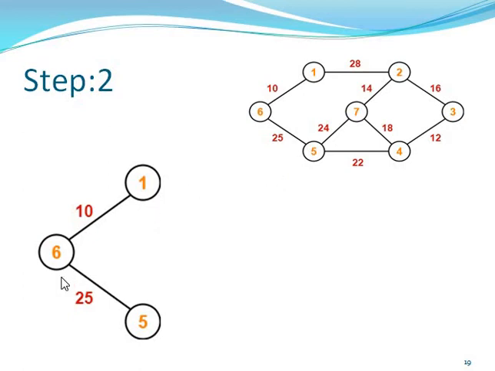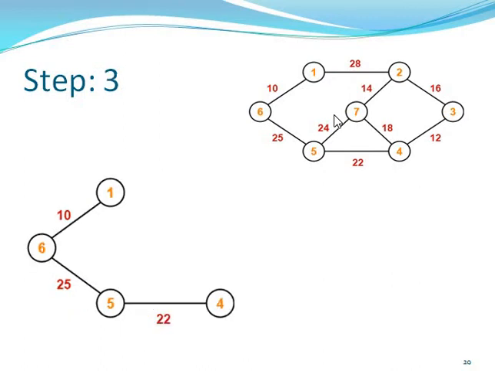So how can you select this point? Then after, we can select the minimum weight. So we can connect here 2 points. Then after, we can select the minimum weight. So you can see what the minimum point is. Here we can connect 28 and 25. So we can select 25. So here we can draw this chart. Then you can reject it.